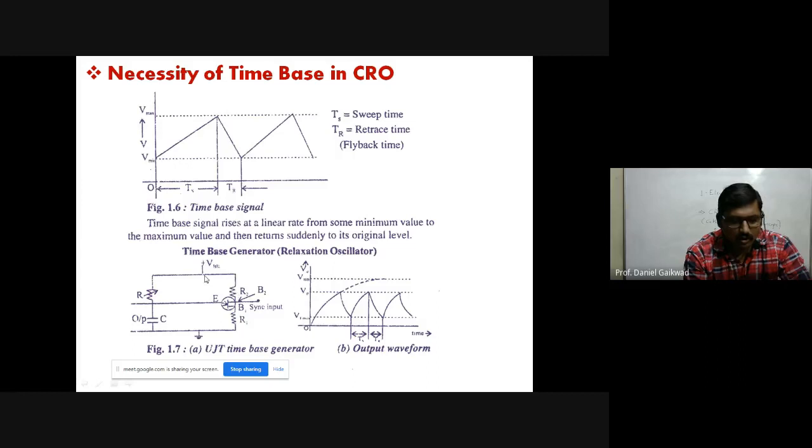Already we have learned in 11th standard the sawtooth generator using UJT, or the UJT acting as a sawtooth generator. So you can go through that topic in paper number 2, in the topic of transistors. In that we have the special transistor, the UJT, and in that we have the understanding of the UJT and its application, the sawtooth generator. We explained the same circuit in 11th standard. So as a revision, we have the circuit as well as its waveform.